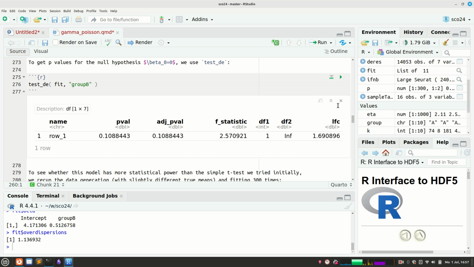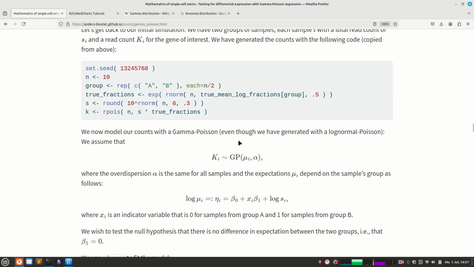But independent of the fact that I've done it wrong, you can see what we have to do here. Our GP thing fits this model by finding factors for the beta naught and beta 1 by maximum likelihood fitting. What it actually does internally is an algorithm called iterated reweighted least squares, where instead of just finding by brute force optimization the betas which maximize the likelihood, you linearize this log and go through and transform it into an ordinary least square